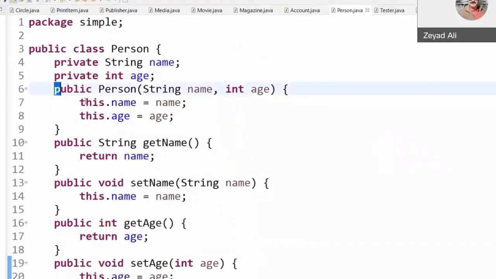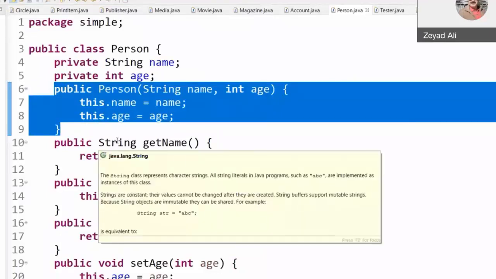However, you must call the constructor of person. Remember now, the student is going to have 4 things, not 2 things. Name and age, plus GPA and email. So in the subclass, you must call the constructor of the superclass.